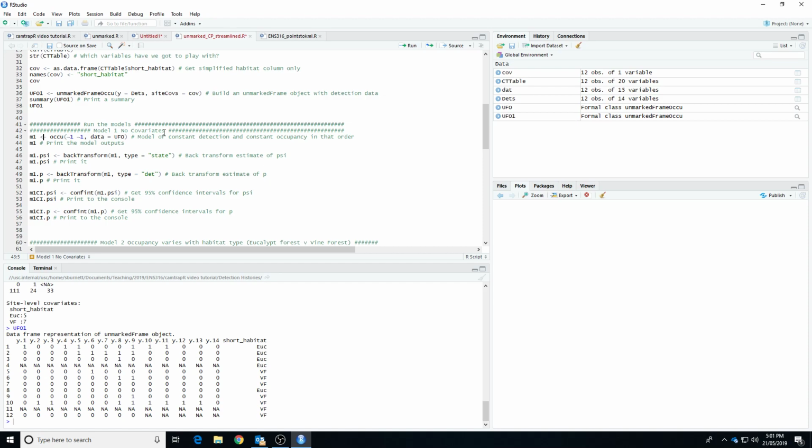So let's run our first model. So we always start with the simplest model, and the simplest model in this case, we'll call it M1. You could call it anything that you want. Has detection probability and occupancy as being unvarying. That's what this symbology here means. That means that it doesn't vary with any covariate. It's just consistent. Oh, and I better change that to 1 because